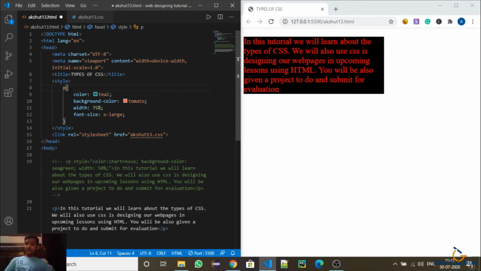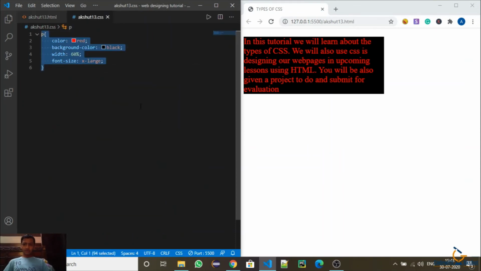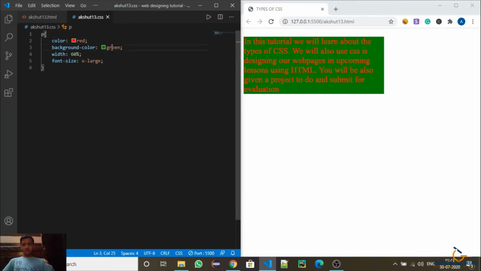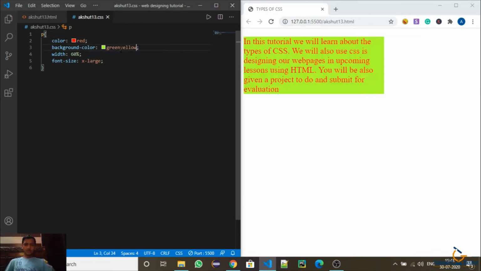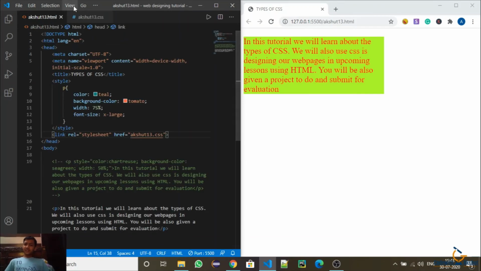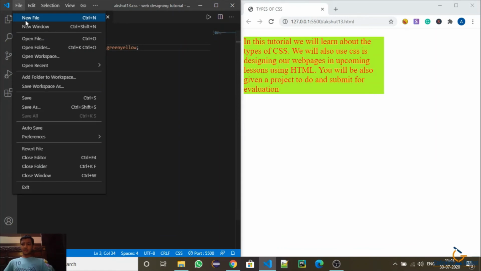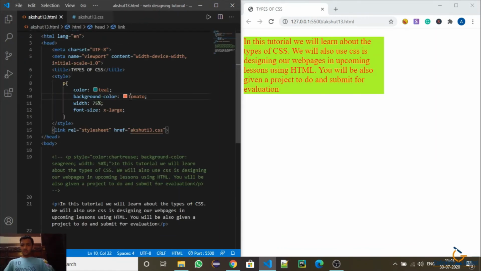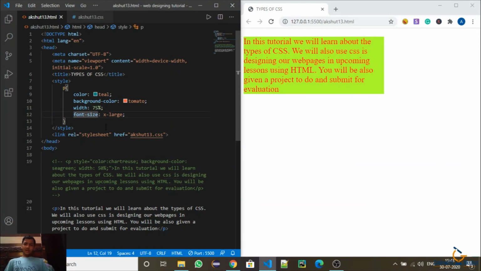Okay, so if you want to change the style using internal CSS, you will put it like this. If you want to change the style using external CSS, you will first link the file and do the coding there. If I change it to green and save, it will change the color. If I change it to green yellow and save, it will change its color. So the files are linked with each other so that it works and shows the output. Okay, now I have told you about the types of CSS. Now I will tell you which one I prefer most.